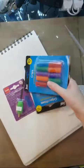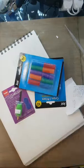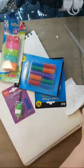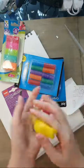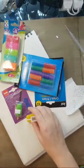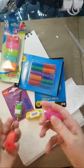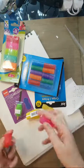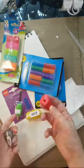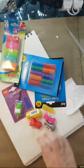along these lines are a variety of grips from the Dollar Tree, but also from the store called The Educator in Metairie, Louisiana. And they have a section of grips for children with autism or children with tactile disabilities. And I thought these would be really phenomenal, not just for them, but also for us adults who have put a lot of wear and tear on our hands. So I'm looking forward to working my way through these, because my favorite grips,